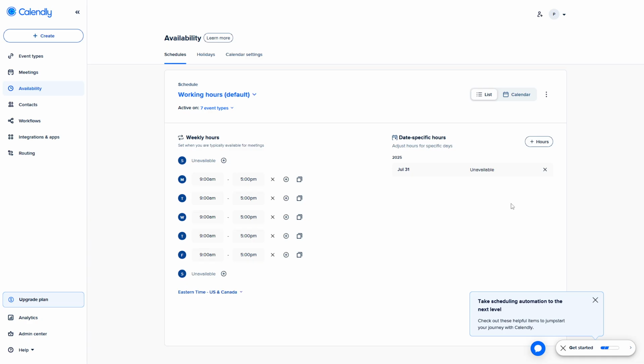And there you have it, a simple way to manage your schedule and block dates on Calendly, ensuring you remain in control of your time. With these steps, you can confidently set your availability, knowing you won't double book or miss out on any important